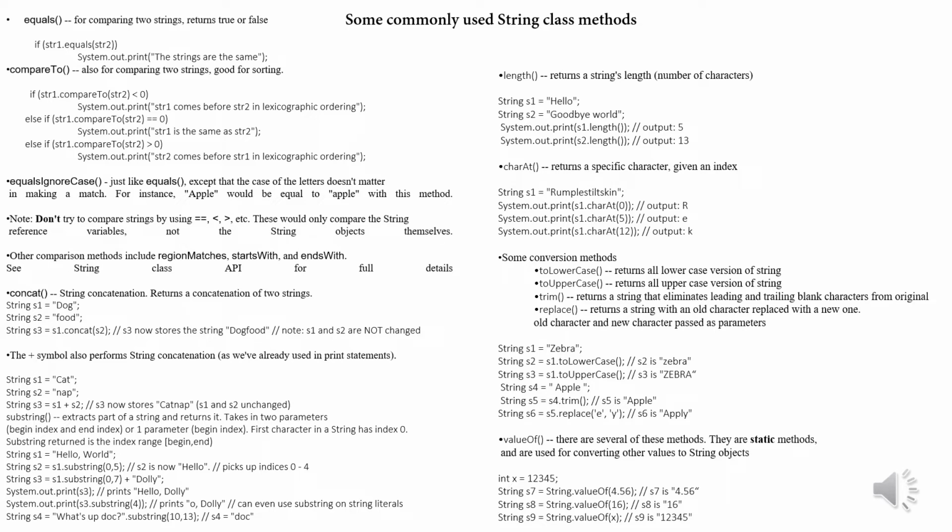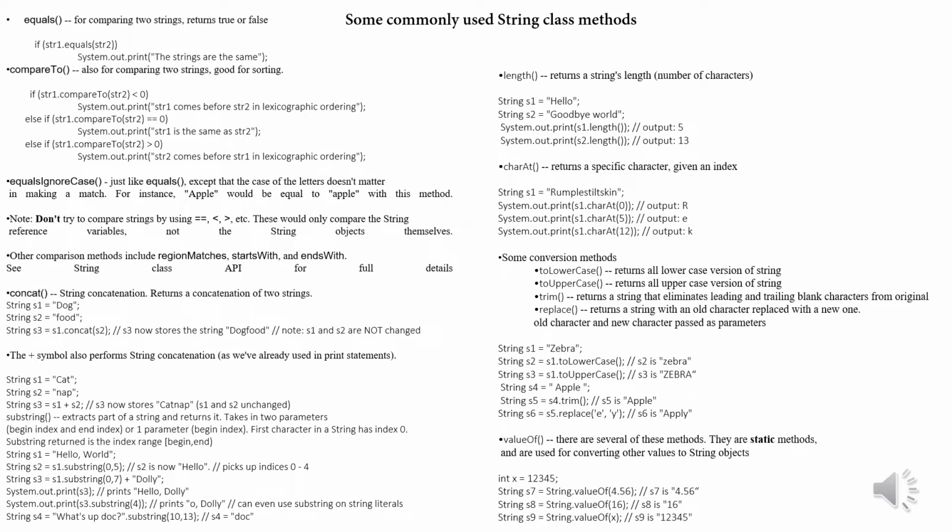So if we write, for example, s1 toLowerCase, now all of the letters inside that string will be changed to lowercase. So now the result is a string with lowercase letters. If we write s1, for example, dot toUpperCase, now all of the letters inside that string will change to uppercase. Now the final result will be a string, right,